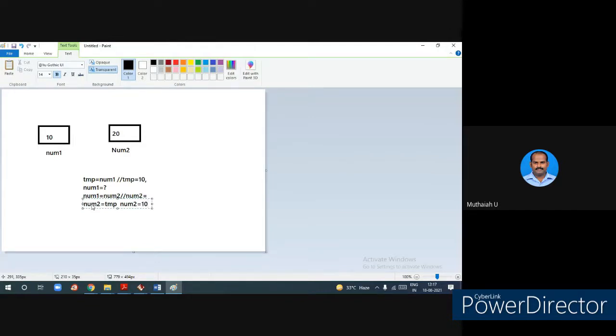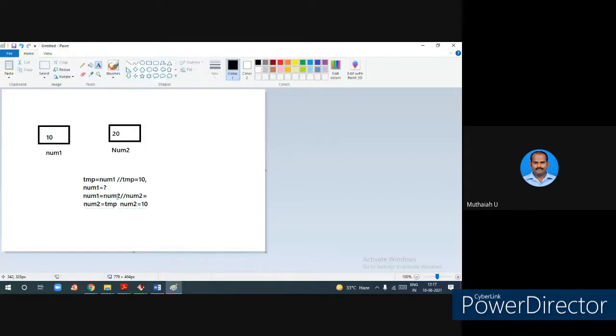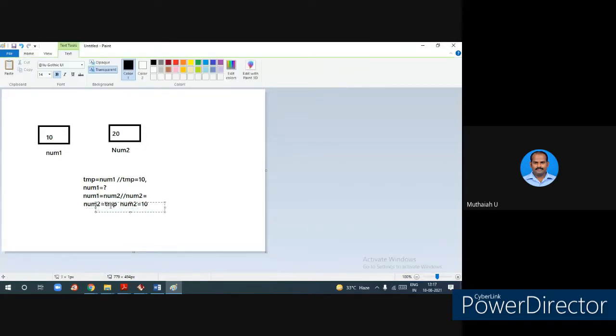Now, swapped or not swapped? It is swapped. So what is the value in num1? Num1 is 20, because I assigned num2 to it. Num2, I assigned temp, and temp's value is 10. So at last, num1 is 20, and num2's value is 10.